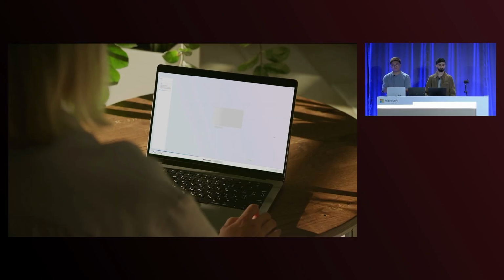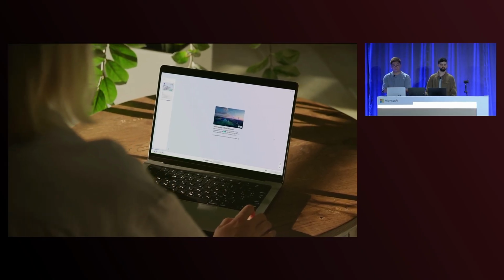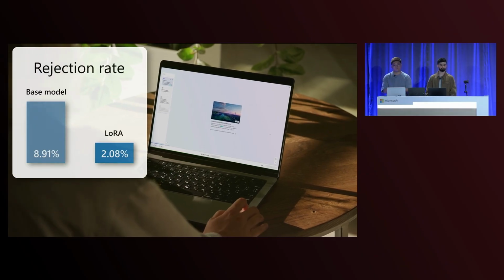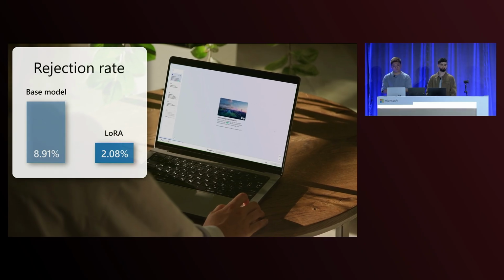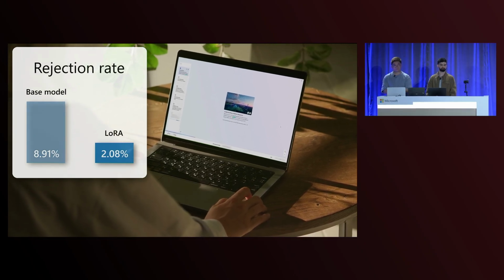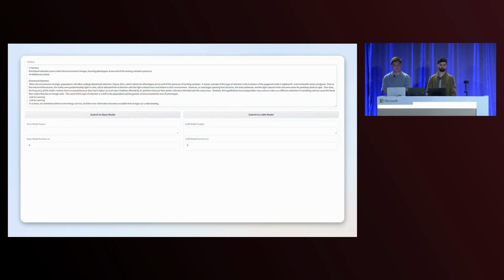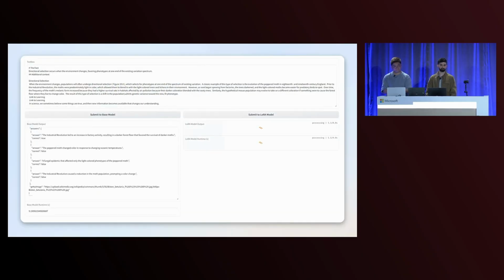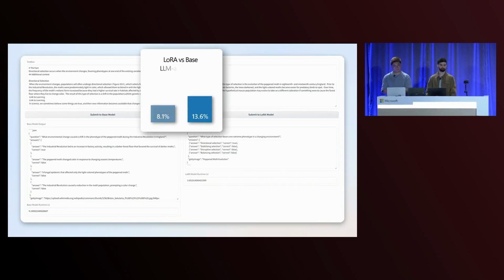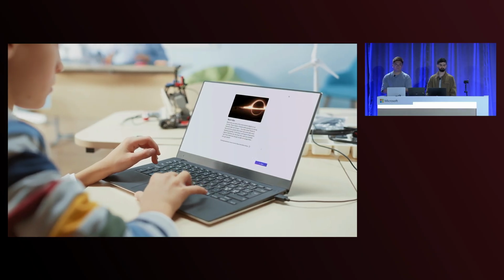Following that, we used the held-out set of 2,000 Kahoot questions to evaluate improvement by comparing our guardrail rejection rates between the base PhiSilica model and our LoRA-adapted variant. Our analysis shows that the LoRA adapter improved rejection rates by more than 75% over the base Phi model. This can result in significantly lower latency for the end user by reducing back-end retries during generation. To evaluate the quality of the results, we conducted a paired comparison test, showing a clear preference for the LoRA-generated questions. With Project Spark on Copilot+ PCs, we strive to bring responsible, engaging, and effective AI-driven experiences to every student.